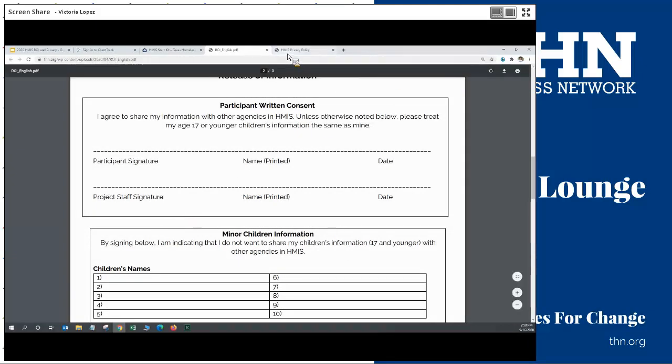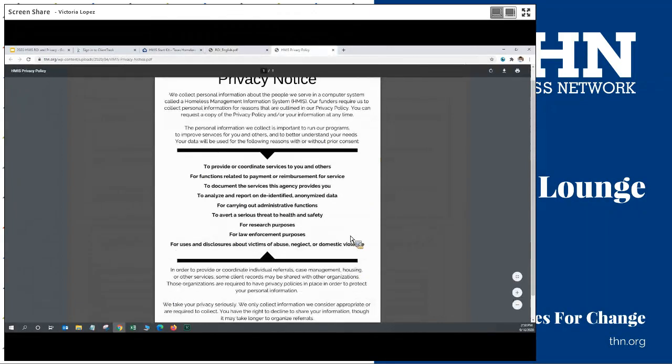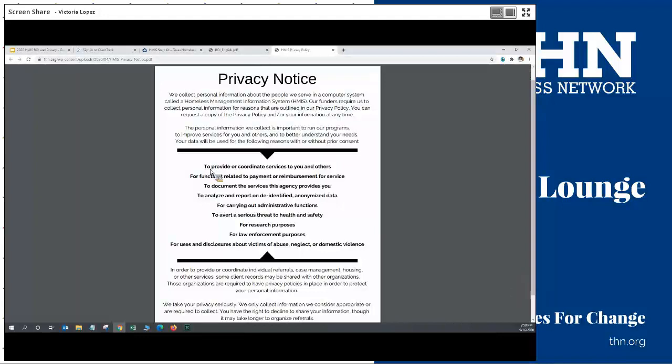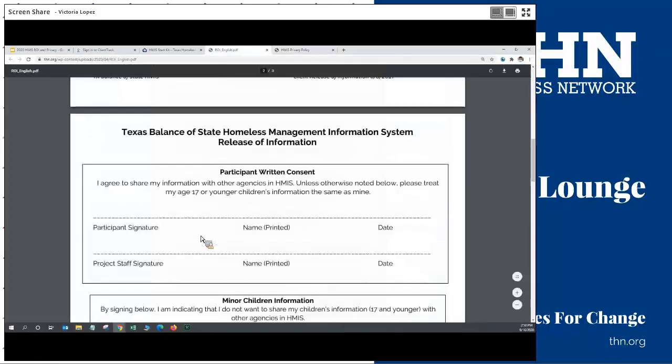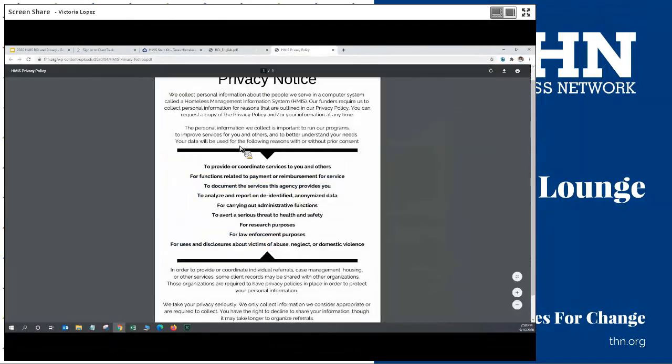All right, before we jump into HMIS, let's take a look at the privacy policy. It is just a single page, and this isn't something that I will go through with you word for word, although I would like you to go through this with clients word for word. It just lists out the situations in which the data will be used with or without prior consent. So it makes this section of the ROI more prominent in the privacy notice, and also gives information about why we collect information, right?